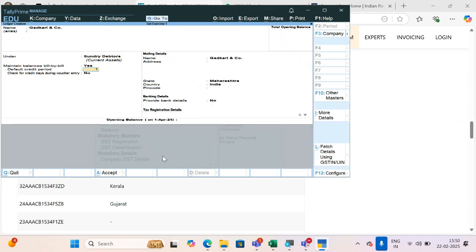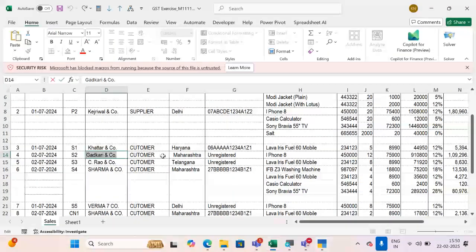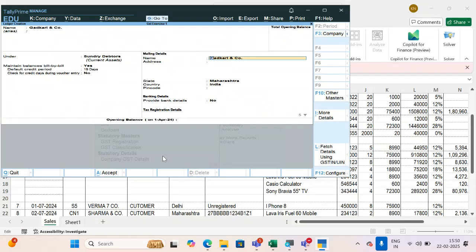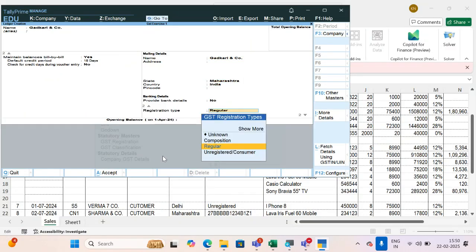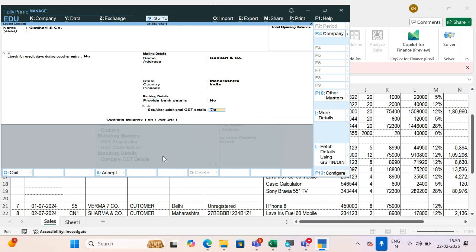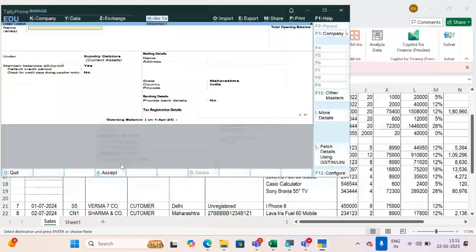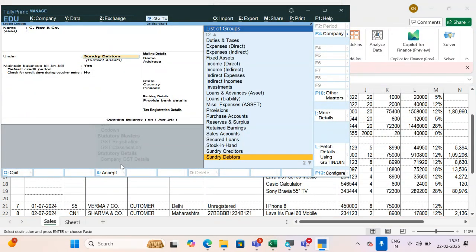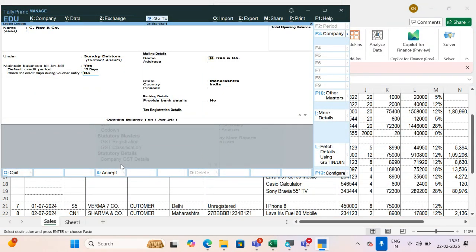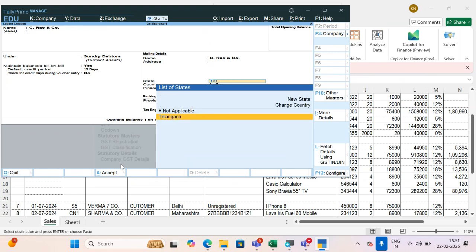Sundry debtor, 15 days. And the customer belongs from Maharashtra, unregistered. Okay. So for Maharashtra, here you should select the consumer. This is known as consumer. Control A. Then C Rao and Company. Control C. It is Telangana, again an unregistered customer. So there is no need to provide the GST number. Telangana